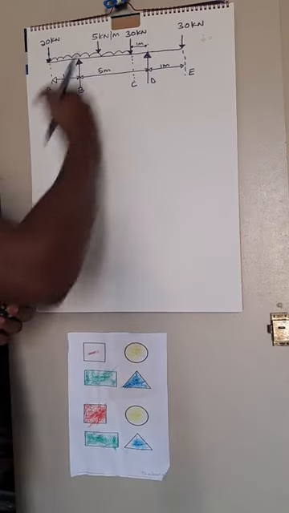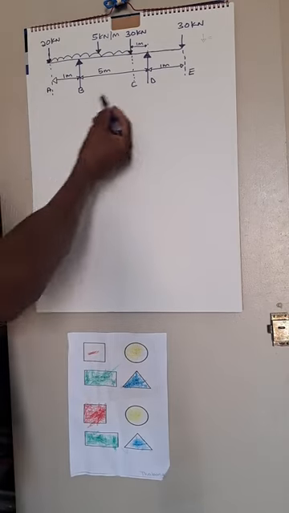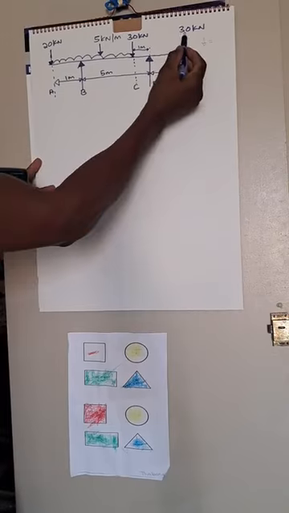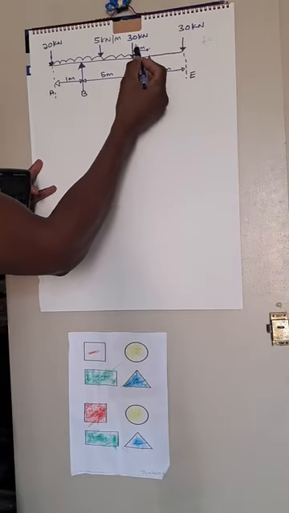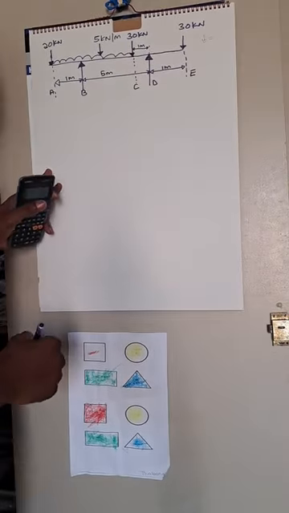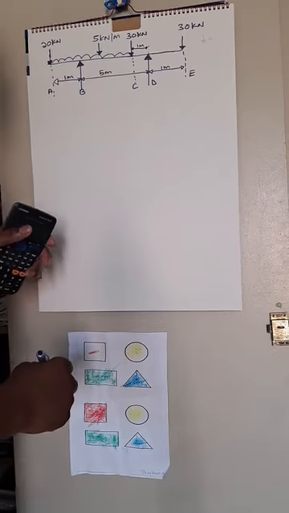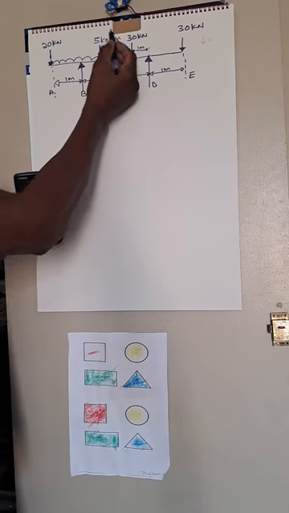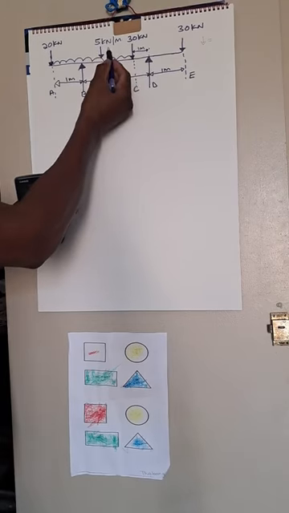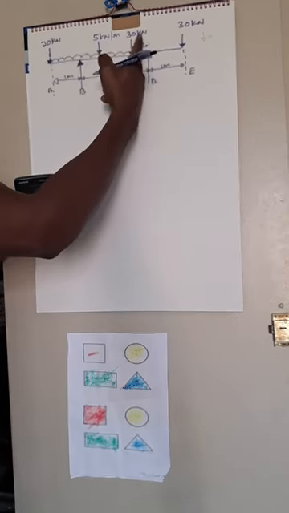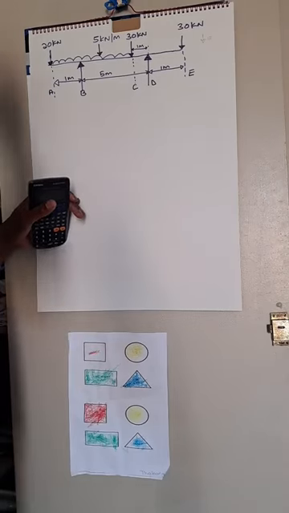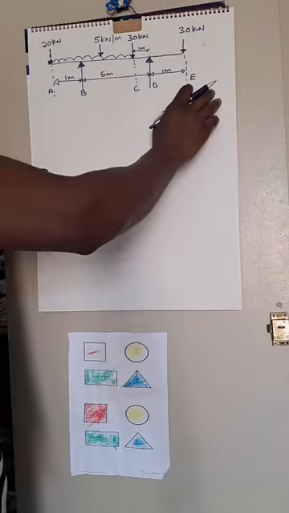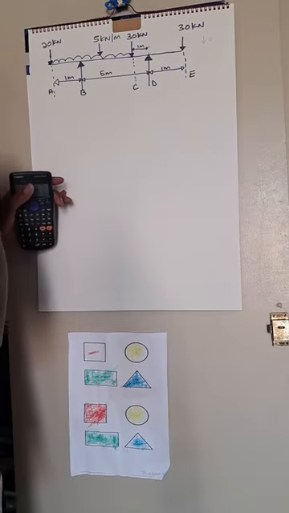So we can add all our forces which are going down. We have 20 plus 30 plus 30. If we add 30 plus 30, we get 60, plus 20, which becomes 80. But we have a small problem because we have 5 kilonewtons per meter. We need to change our UDL so that it becomes like the normal concentrated loads or point loads. So how do we do that? There are many ways where we can do it. The simplest thing which you can do